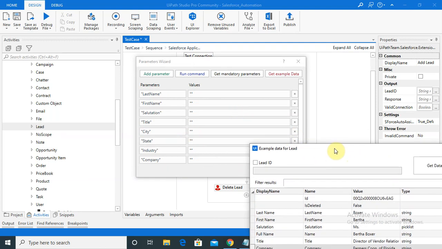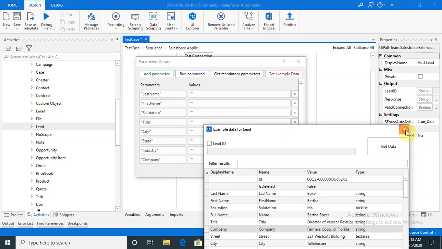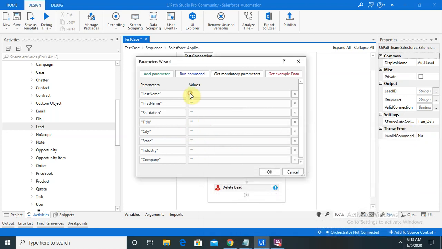So let me close this. Last name I am going to add here as Cameroon. Then first name is Dan. Salutation is Mr. Title is Director.